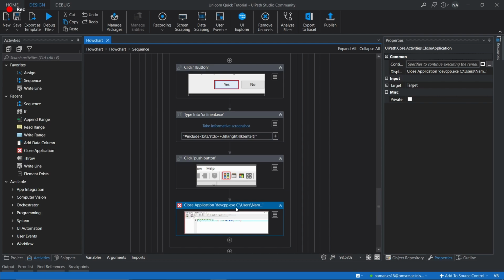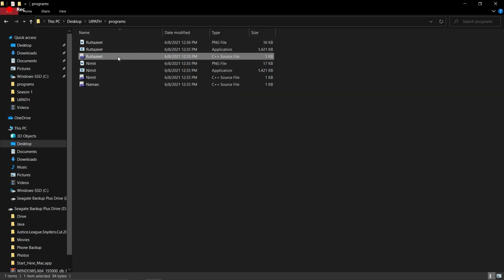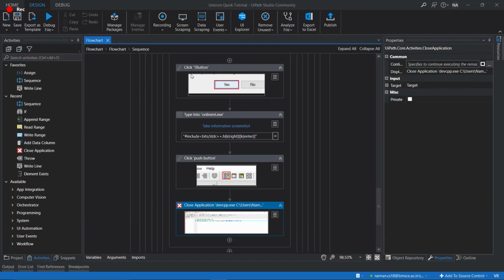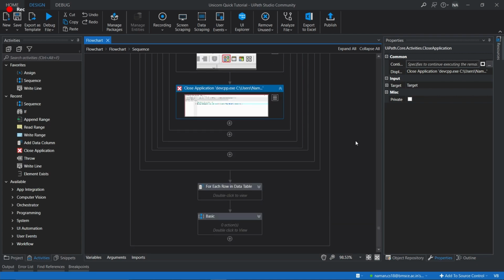It just waits for the process to finish, whatever the result might be, and then it closes the application, because as you heard earlier, we don't want 100 different tabs opened. In the same way, we don't want 100 different tabs in our compiler. So it closes that application, and this is how it saves all the CPP files and all the executable files. After that, in the next step, we run the file and take the screenshot to check whether the file was able to run properly or not.